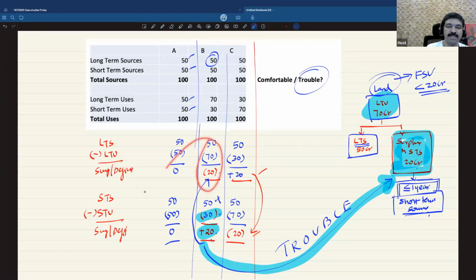If there is a deficit on the long-term front, then it means either the business is making a loss, or the business doesn't have the financial discipline of ensuring long-term funds are used only for long-term purposes and short-term funds only for short-term purposes. Here, they have made investment in long-term uses, not using a long-term source but a short-term source, which is sheer financial indiscipline. The companies committing this mistake will not survive for a longer period.